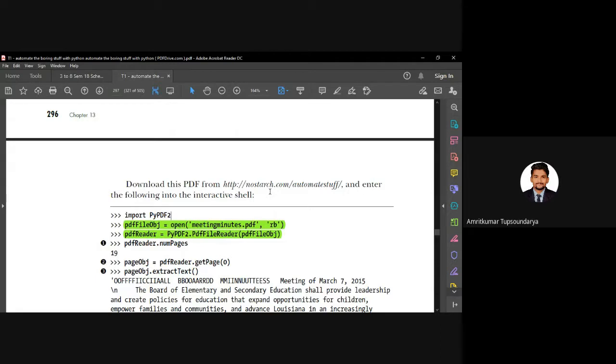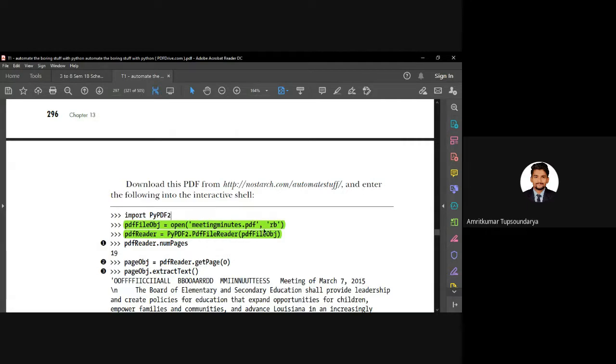The PDF name is meetingminutes.pdf, followed by the permission, which is rb. rb stands for read binary. As I mentioned, PDF is a binary file, so we are giving the permission as rb, which stands for reading binary.